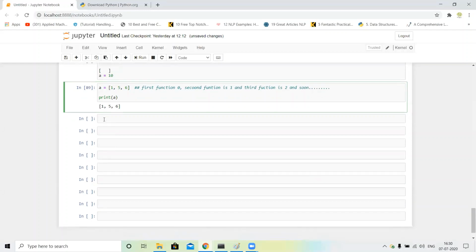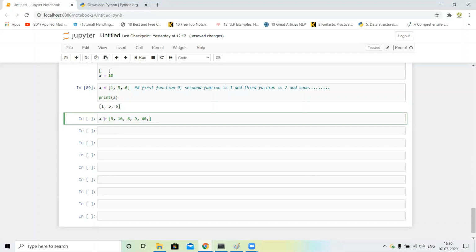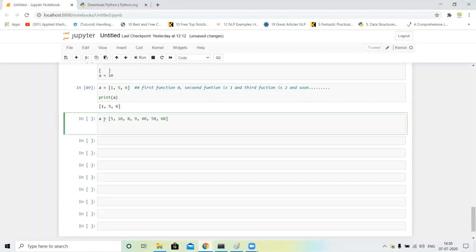So first of all I assign a equal to 5, 10, 8, 9, 40, 50, 60. And first of all we print a of 2. What is a of 2?